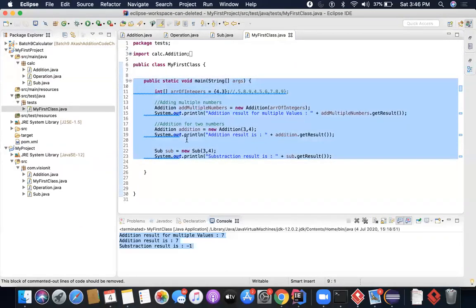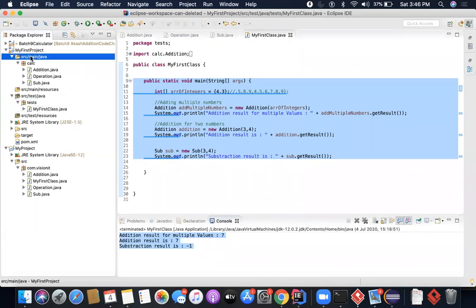Why I am restructuring it, because this is what you're going to see when you go inside a company. So when you go into a company, you would see two things. Either there will only be one folder called source test Java. There will not be any source main Java, right? Or there could be a project where you will have source main Java as well as source test Java.